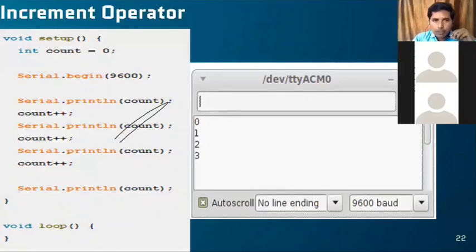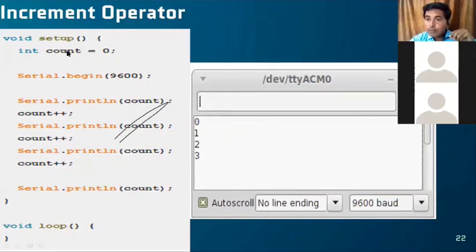If your counter starts with a 0, you have to increment that value by 1. Then again you have to increment by 1. Again increment by 1. Here in this program, I am incrementing 3 times. My 0 is incremented by 1 in the first line, so it gives a 1. And again it is incremented by 1, so it gives a 2. Again I am incrementing that, and it gives a 3.